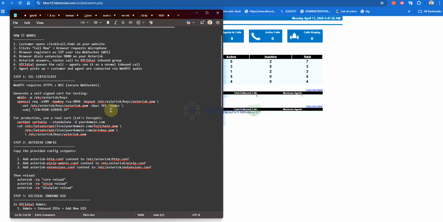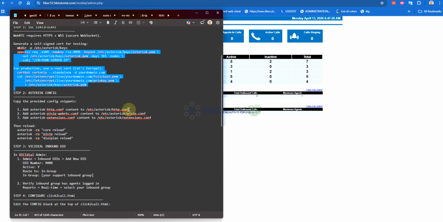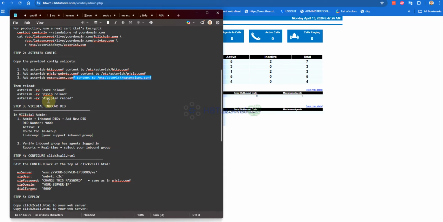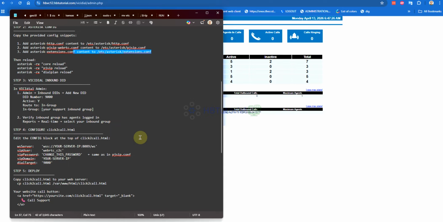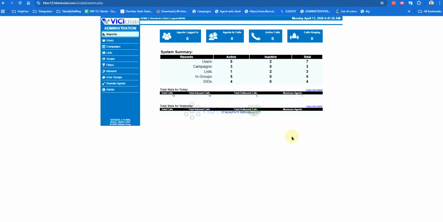So you need your HTTPS domain, or generate an SSL certificate, to work on it, and just update this one, and this one. Okay, and then add the 9000 DID on the portal.